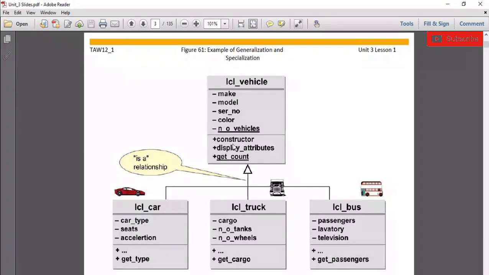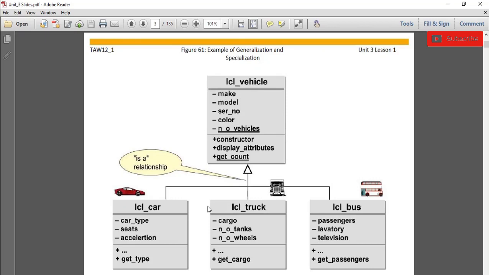Similarly, we have 3 other classes: car, truck and bus, which are inheriting the properties of vehicle. You can see car is a vehicle. That means there is an is-a relationship between the vehicle class and car, truck and bus: car is a vehicle, truck is a vehicle and bus is a vehicle.